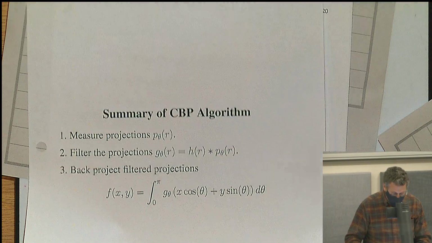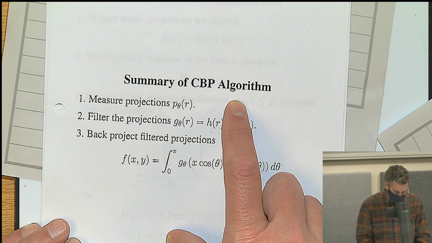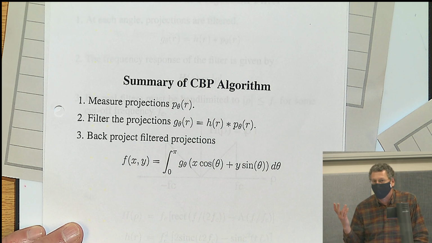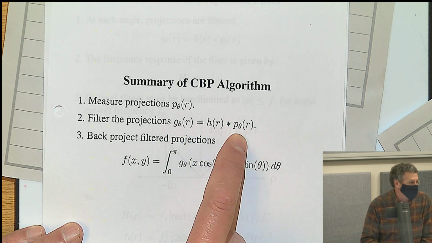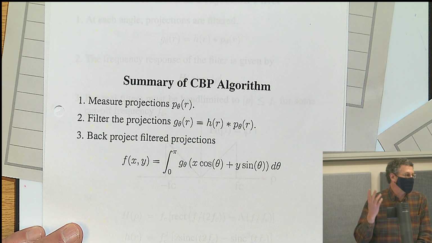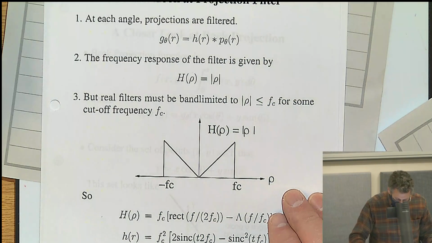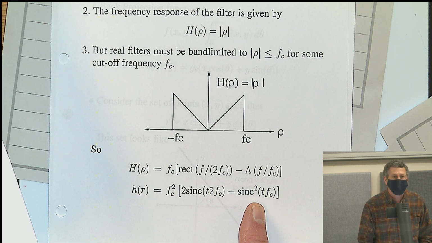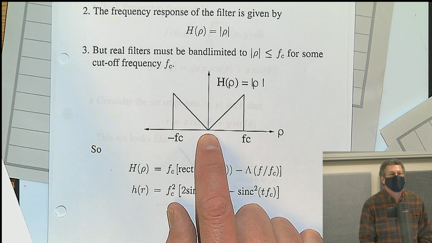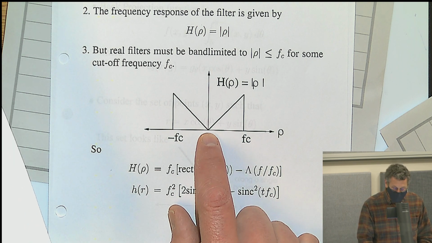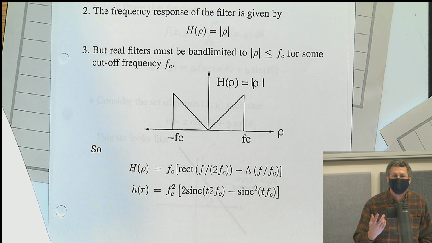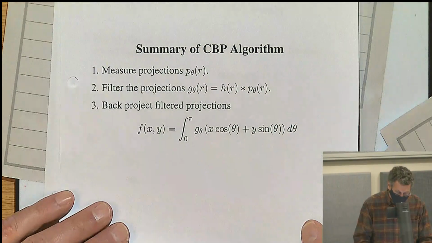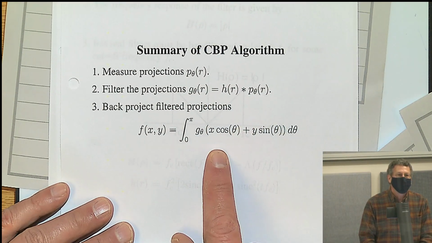So to recap, what's the summary of the convolution back projection? You first measure the projections. The projections are measured using some physical process. Then you filter the projections with this special filter, which I told you is, this is its form. It's the difference between a sinc and a sinc squared, okay? And its frequency response is this, okay? So it's sort of a high-pass filter. It accentuates the high frequencies, right, because of its frequency response here. And then once you have the filtered projections, you back project